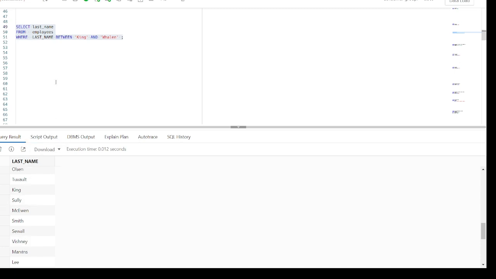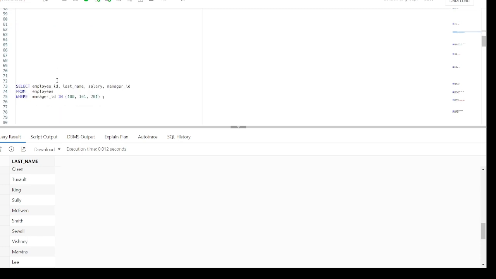Okay, now moving on to the next operator, that is the in operator. You can use the in operator to test for values among a specified set of values. The condition defined using the in operator is also known as a membership condition.